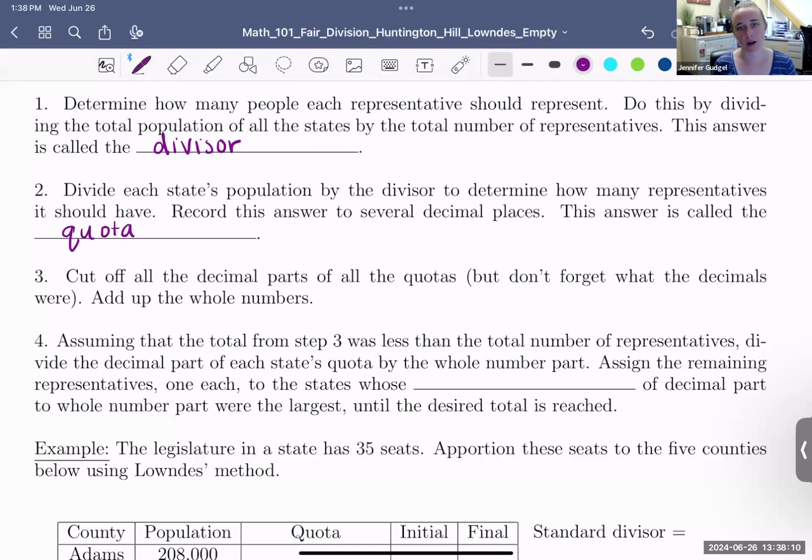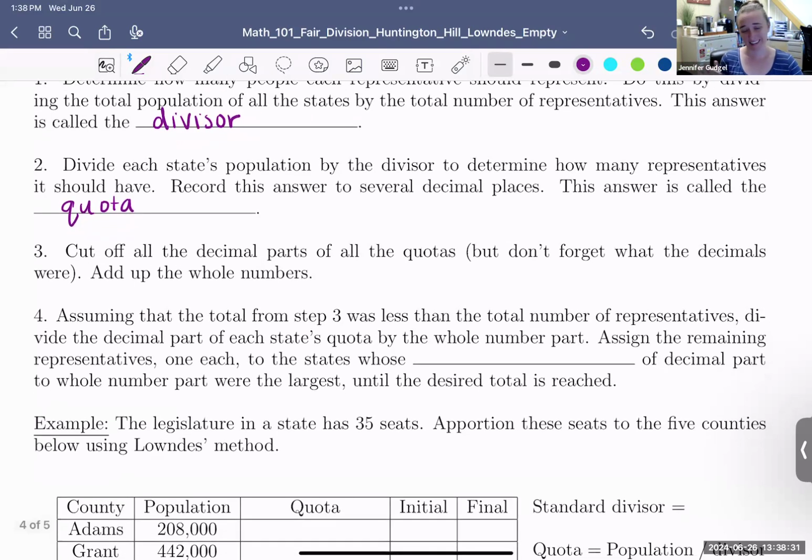Assuming that the total from step number 3 was less than the total number of representatives, which it will be, unless you're in some weird world where all your quotas are whole numbers. When you terminate and cut off in Hamilton's and Jefferson's, it was always a smaller total when we get there. So assuming that this is the case, we go through and